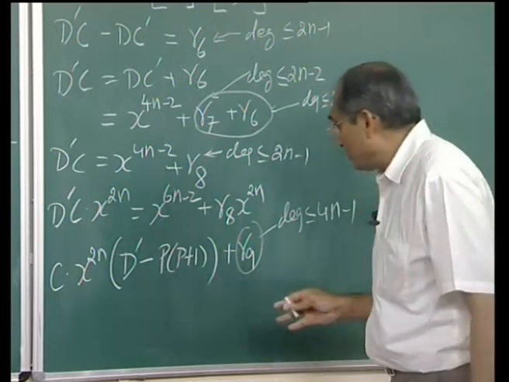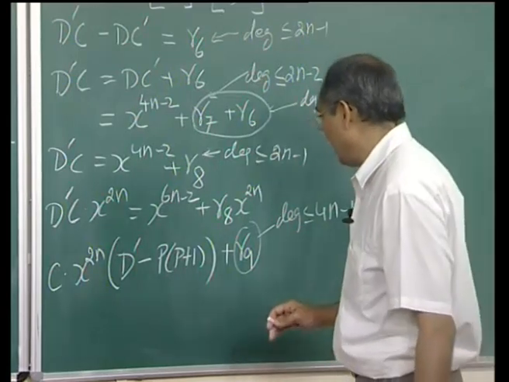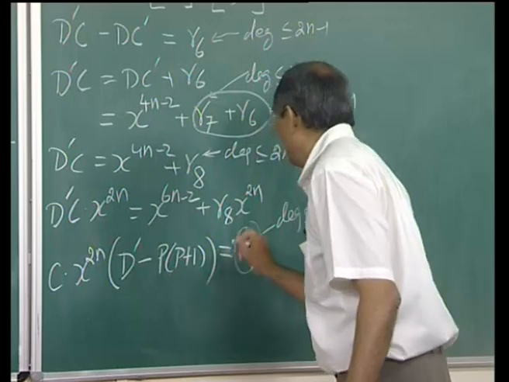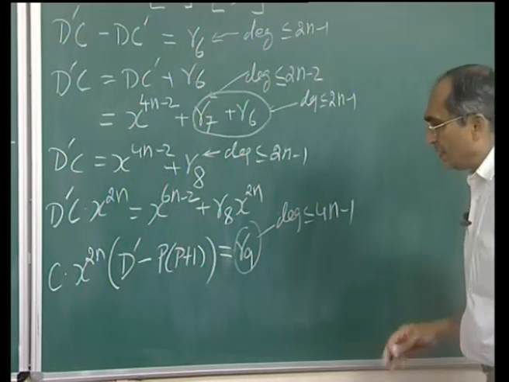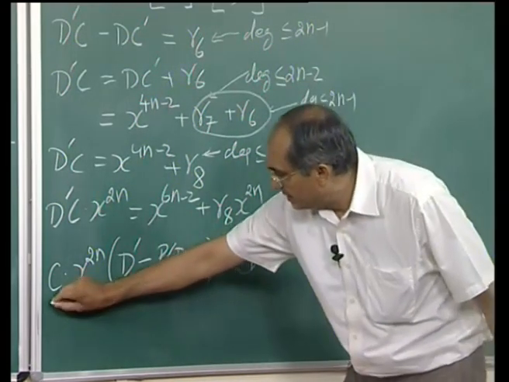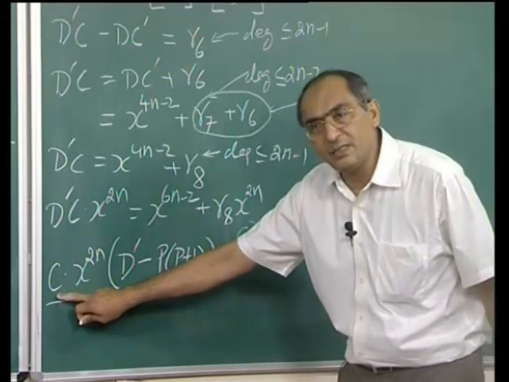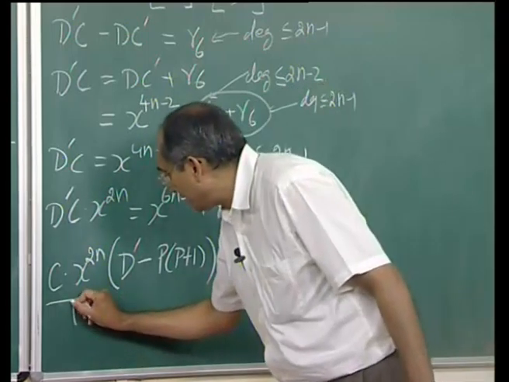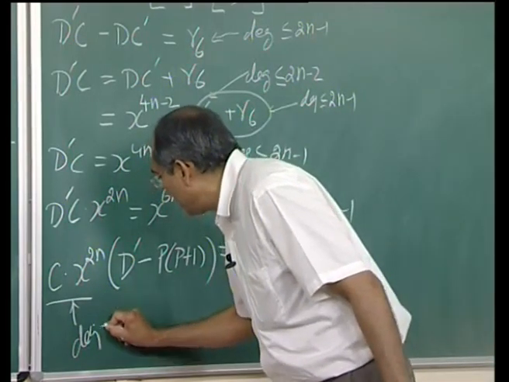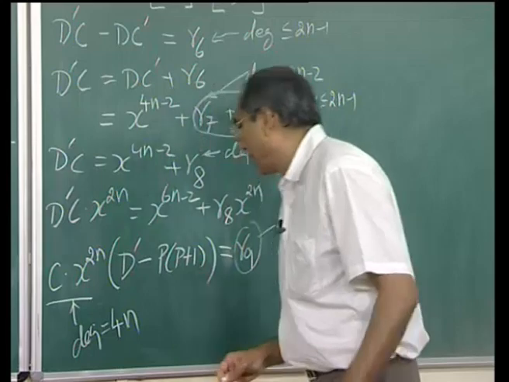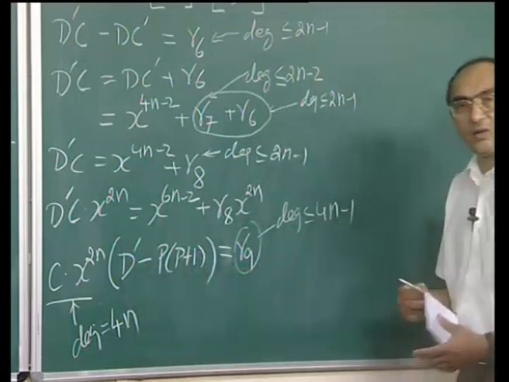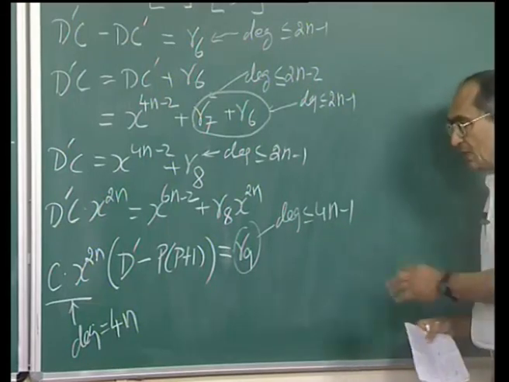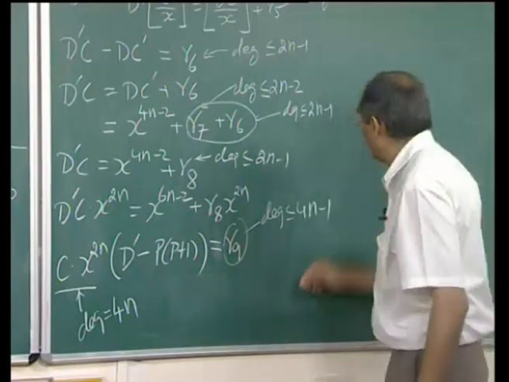Let us take a, okay, I think I made a mistake, this is equal to this. Now, let us take a look at the left hand side. The degree of C was 2n, degree of x to the power 2n is 2n. So, this thing has degree equal to 4n, and this is a polynomial, it cannot have a negative degree, but the right hand side has got degree 4n minus 1. So, this can happen only if